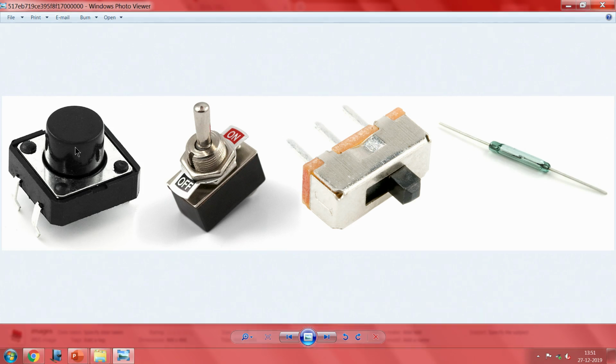Sometimes these are available outside directly, otherwise you need to put an overlay sheet, and through the overlay sheet this thing is pressed. And now if you see this, this toggle switch has a very interesting thing at the back, multiple options, and you can mount it directly with a nut and screw arrangement, and sometimes they come with the position identified as to which is the on and off position.